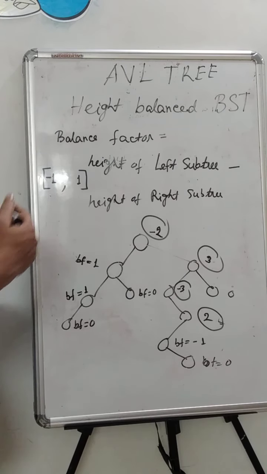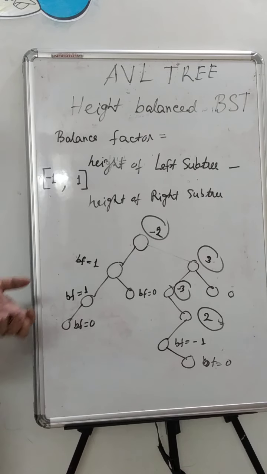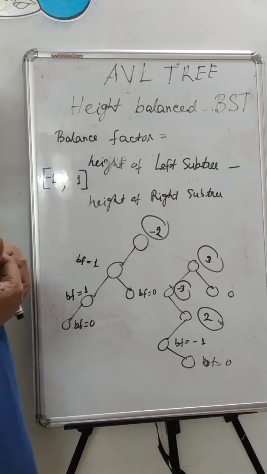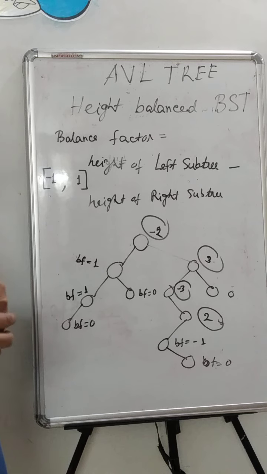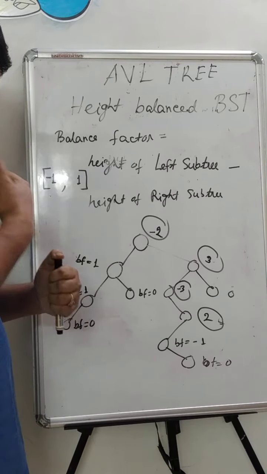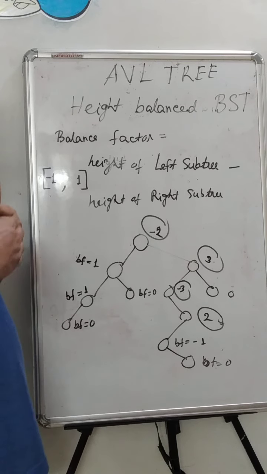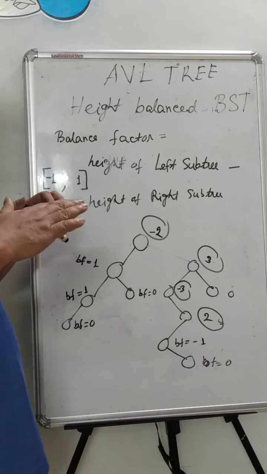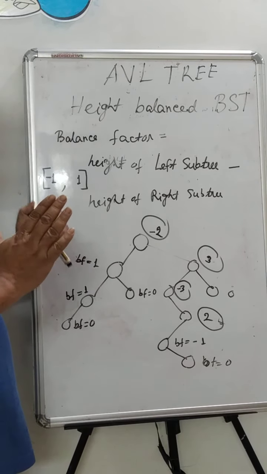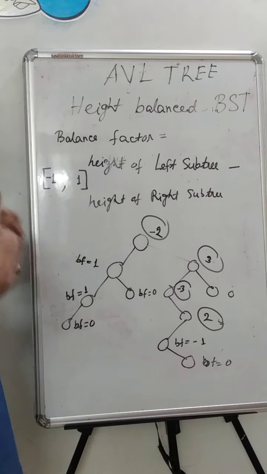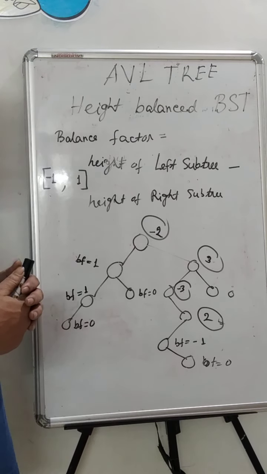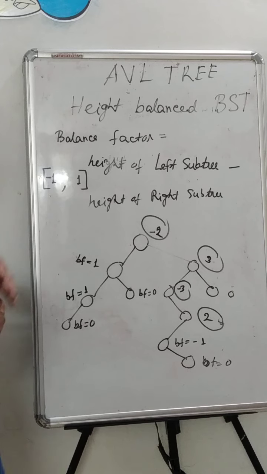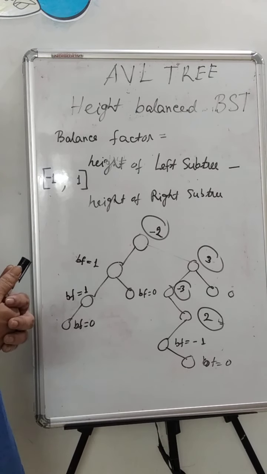So now we have to do some kind of operation on the binary search tree after any maintenance operation is performed. A maintenance operation may be an insertion operation or a deletion operation. After that, the balance of the AVL tree may be altered and we have to maintain it again. For that there are some operations defined, and if we follow those steps, then we will again get back an AVL tree.